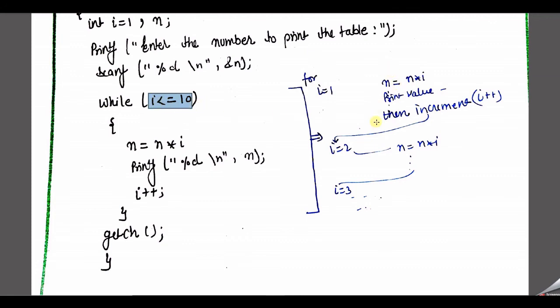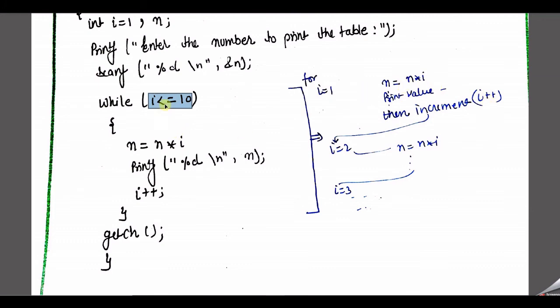So this is the logic of how we decide the limitation over the variable, and on which variable we need to apply the condition. First of all, you need to decide your logic, and decide with the help of which operator you need to assign the increment or decrement value, and on which variable.